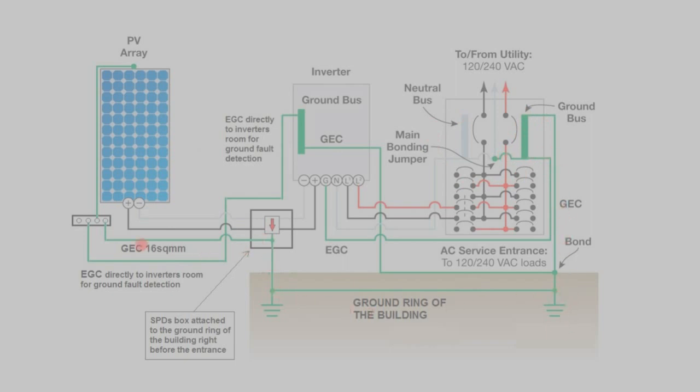So we see a fully interconnected grounding system, and there are special rules on what constitutes a grounded system. Often with solar arrays, you actually need two grounding electrodes rather than one, particularly when you're using ground rods. And so we see two grounding electrodes